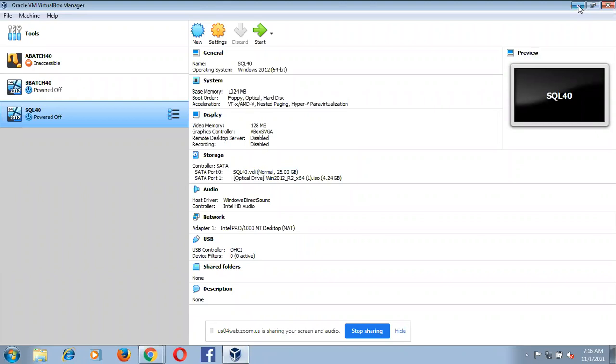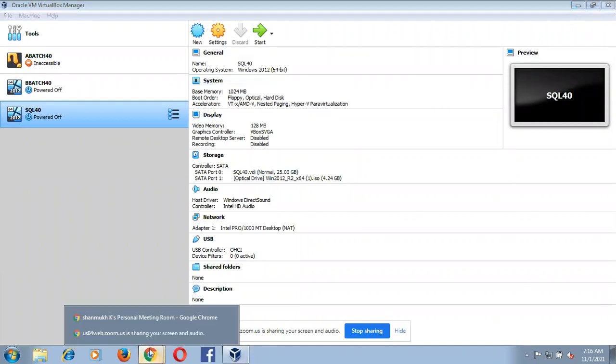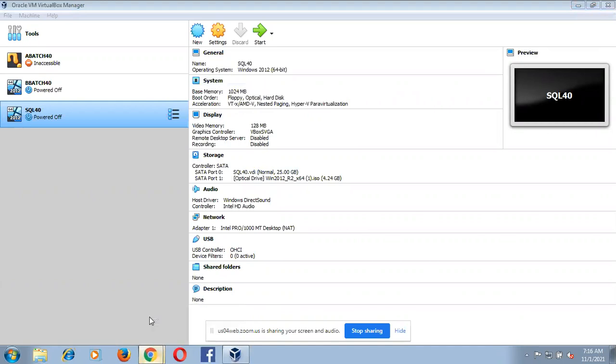Click on stop sharing, below you can see the stop sharing option. No, I'm not getting the problem. Whenever you're sharing, then only I'm getting this echo problem. Okay, share again. Shankar, can you please share the screen again?